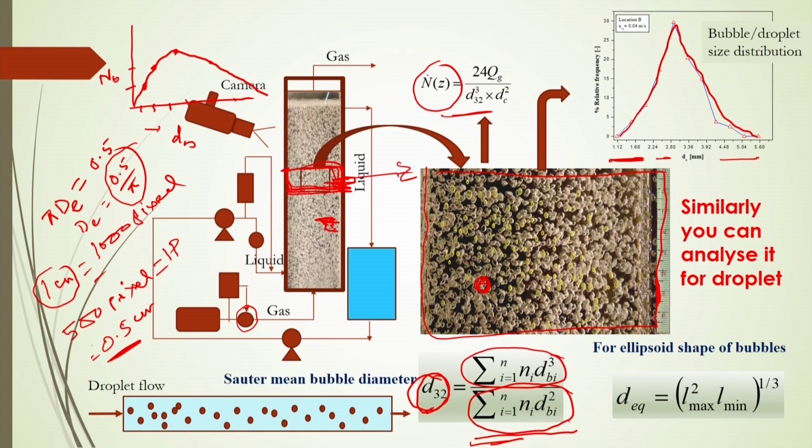If you are using a finer-hole distributor, you can expect finer bubbles there. But sometimes the size may also depend on the physical properties of the system, because if you are using a more viscous liquid, you may sometimes expect finer bubbles. Even if you use some surfactant, or reduce the surface tension of the solution, you may get finer bubbles there. Size will be reduced if you add some surfactant.